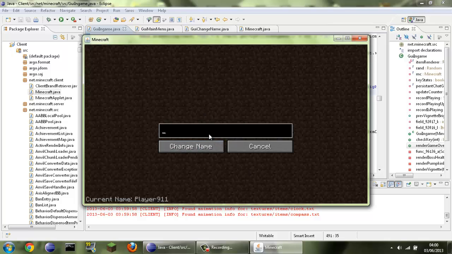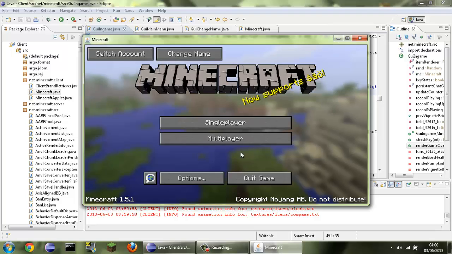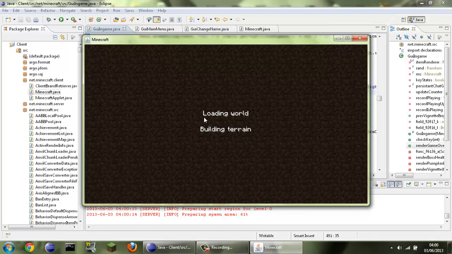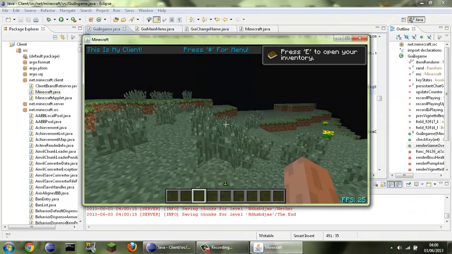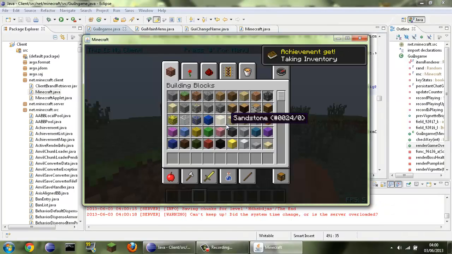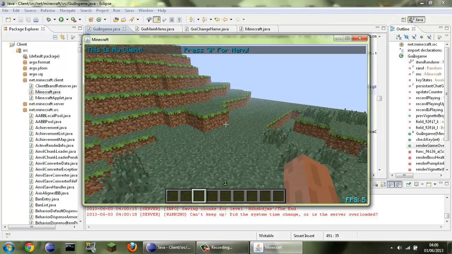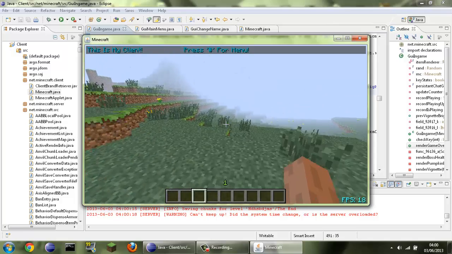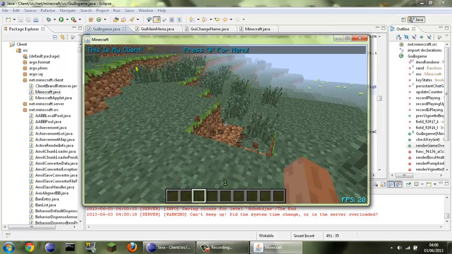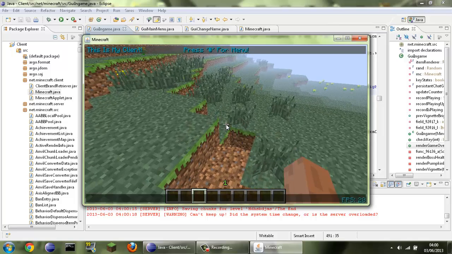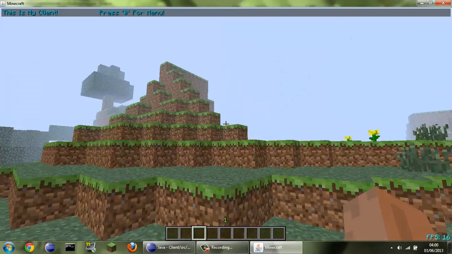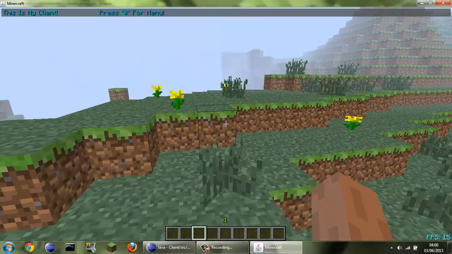So I'll change my name to Jesus. And you can see down here it will say Jesus logged in, blah blah blah, but it doesn't matter what that says. So yeah, I'm really laggy right now, but what was I gonna check? Yeah, the size of this box will always expand according to the screen size now, and it's also useful for